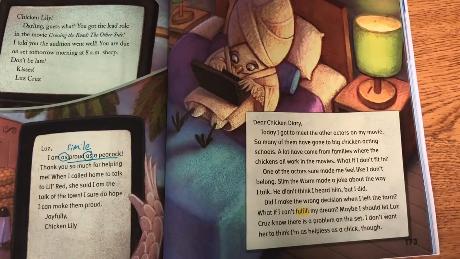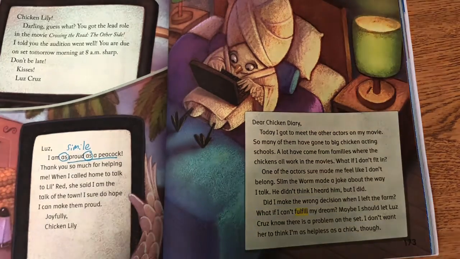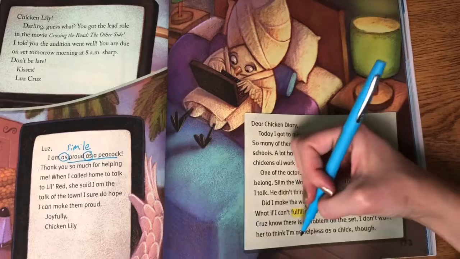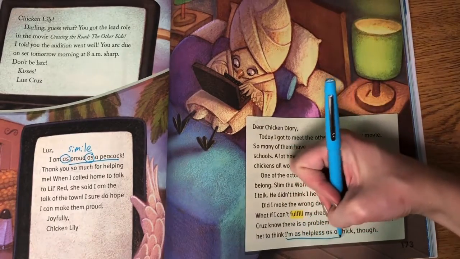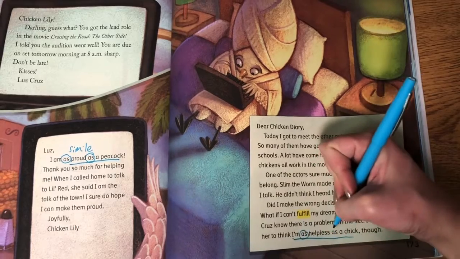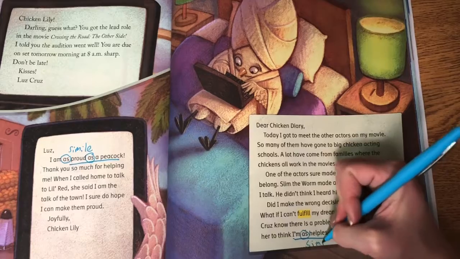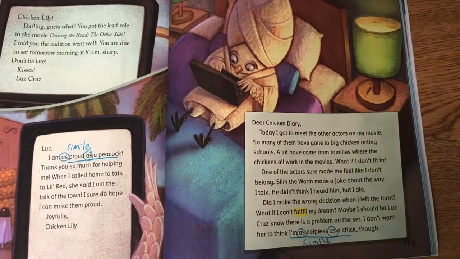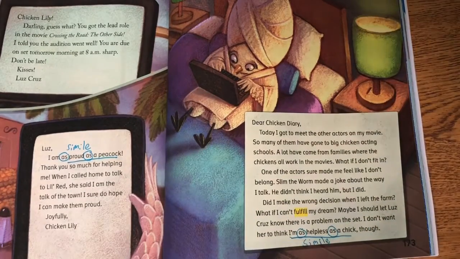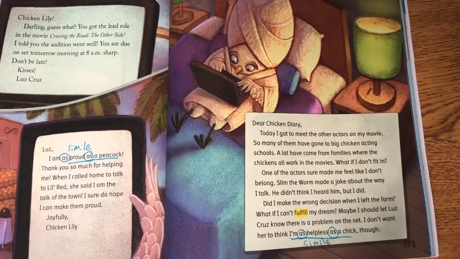So what details in the text explain what the simile on page 173 is? So let's take a closer look at the simile here. She says at the bottom, I'm as helpless as a chick. How do we know that's a simile? Because she's comparing herself to something and she's using the word as, and that's a word used in similes, like or as. So she's comparing herself to a helpless chick. And that's how we know that it is a simile and it's figurative language.